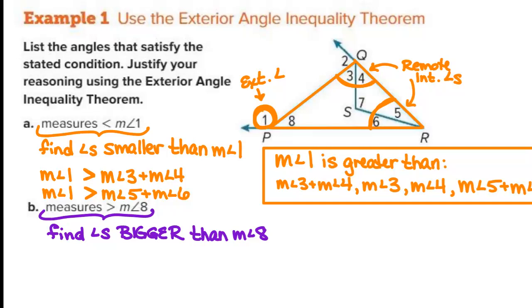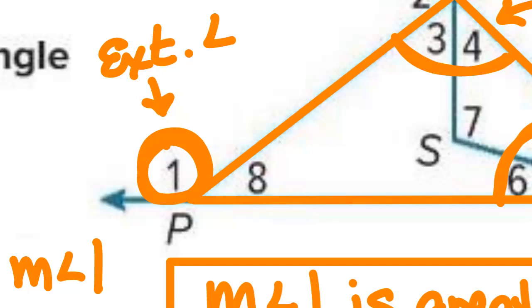So I want to think about my exterior angles inequality theorem. The exterior angle is always bigger than the two remote interior angles by themselves. So let's come over here and look at angle 8. Is angle 8 an interior angle or an exterior angle? Interior, because it's inside my orange triangle, right? Well, I would need an angle that is outside the triangle, an exterior angle, to say that it's bigger than angle 8. I can't do the one that it's touching, though, because even though on this picture it looks like